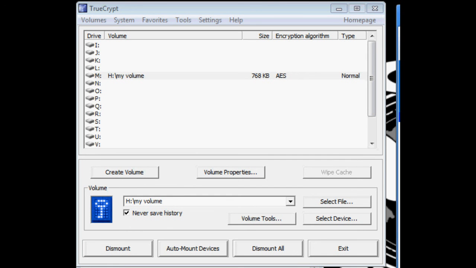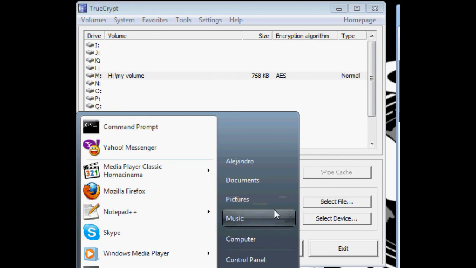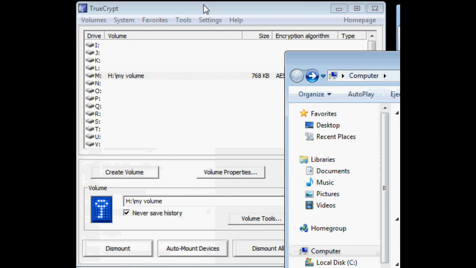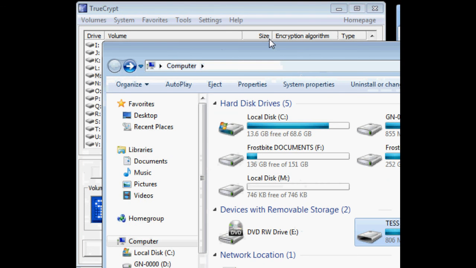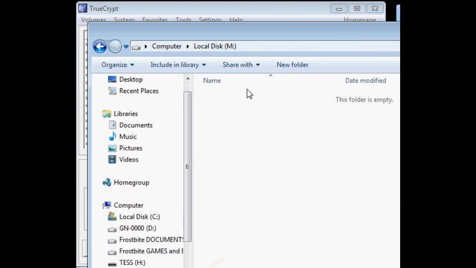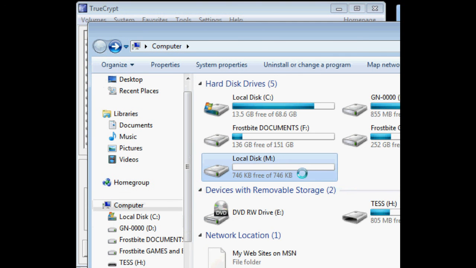So the next thing we'll do is, you can browse the mounted volume the way you normally browse other types of volume in my computer. Then here, look, it's already visible, but it's only 1 MB.